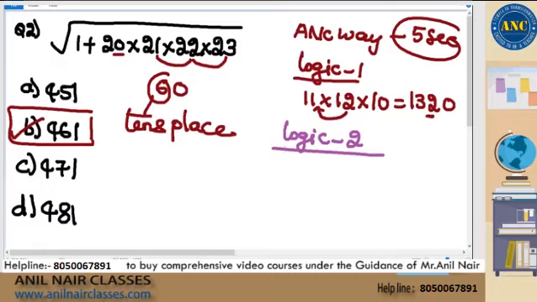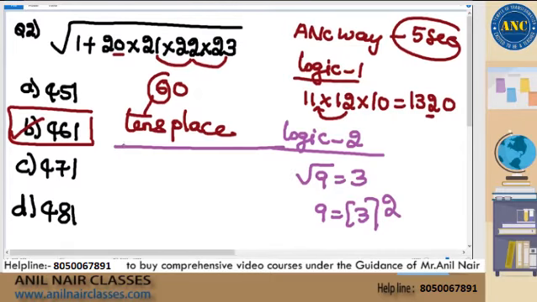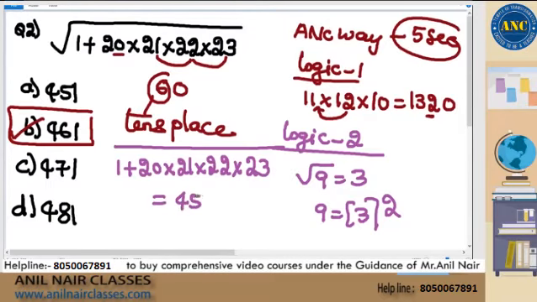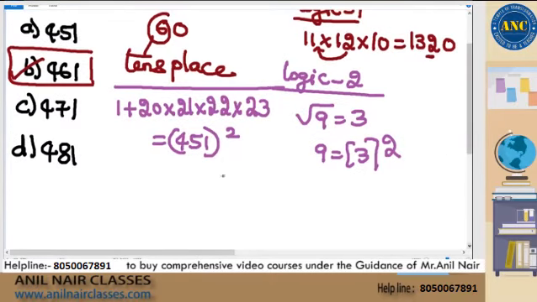Logic 2. A 5 seconds problem. Square root of 9 is 3. 9 is nothing but 3 square. Remove the square root. 1 plus 20 into 21 into 22 into 23. Put the answer options. If I put the first option and remove the square root, I will get a square. Right? So 1 plus